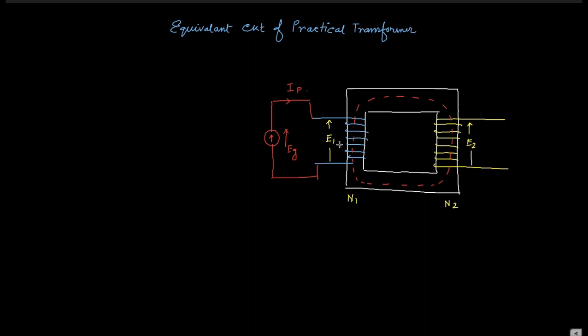And when E1 is induced, for that E1 some flux is set up, and that flux is linked with the secondary side coil through the core of the transformer. When the flux is linked with the secondary side coil, then obviously there must be some induced EMF, and that induced EMF E2 is nothing but due to the mutual inductance. So E2 is due to the mutual inductance, and E1 is due to the self inductance, and for that current is flowing,